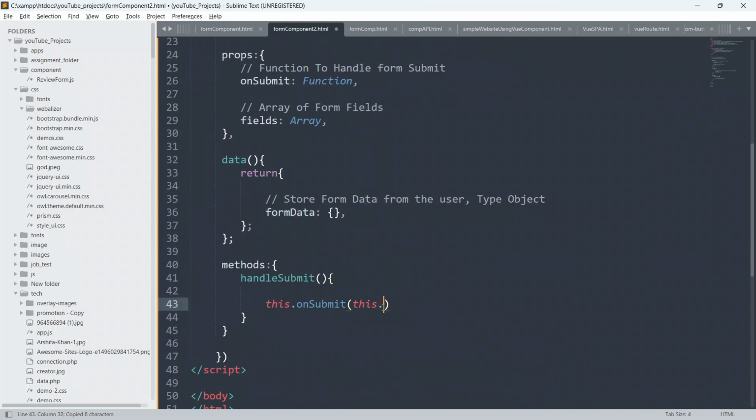So guys, whatever user will input inside the form input field or box, we will be able to grab it inside the formData, and we will be able to do whatever we want to do with the data.